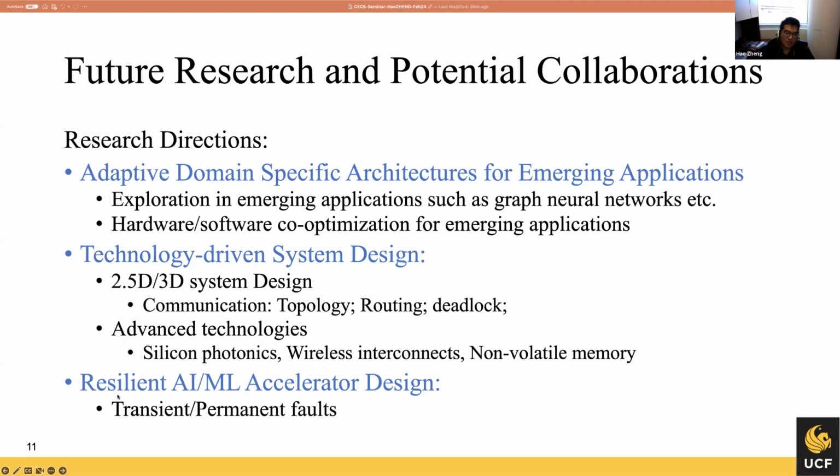and we're also interested in resilient AI/ML accelerator designs. Actually, we have one project studying resilience in AI accelerator designs. In particular, we are targeting transient and permanent faults, because current machine learning models always come with millions or even billions of parameters. And sometimes a few bits of data corruption, we call it silent data corruption, can significantly degrade the machine learning performance. And how do we efficiently detect those errors, silent data corruption, and how do we theoretically, fundamentally eliminate this data corruption? This is